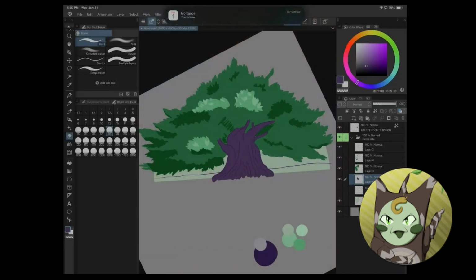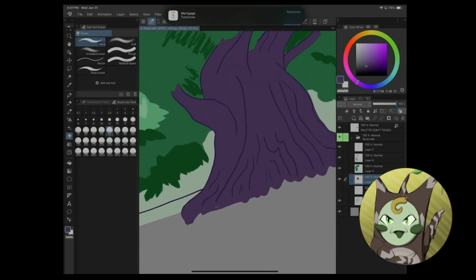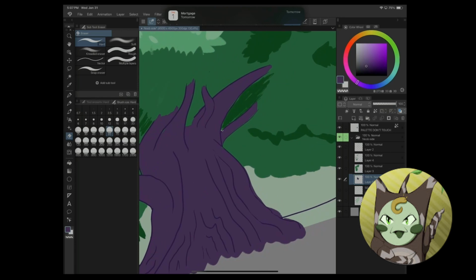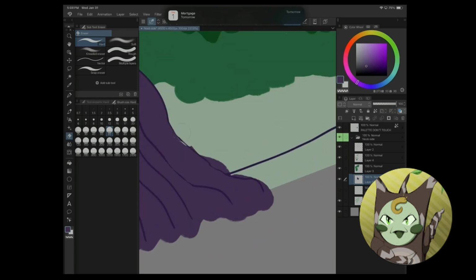And so in the meantime, I did a couple more scribbles of my shadows, and I also colored in the trunk as this purple color to kind of contrast the colors that we'll be seeing in